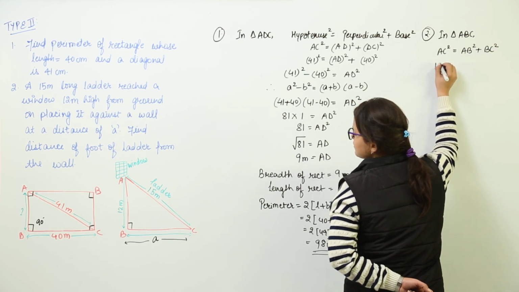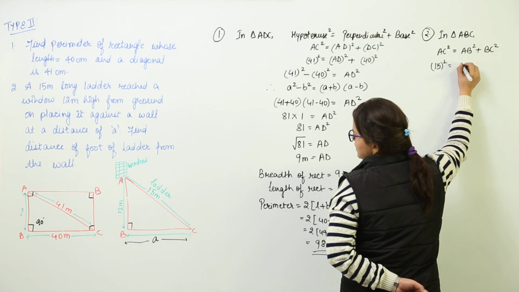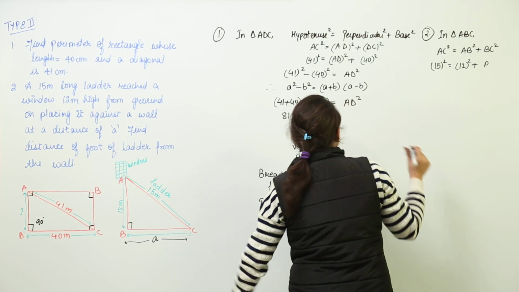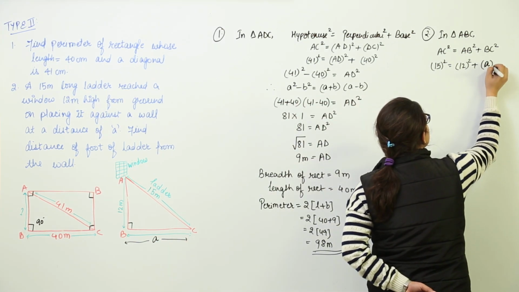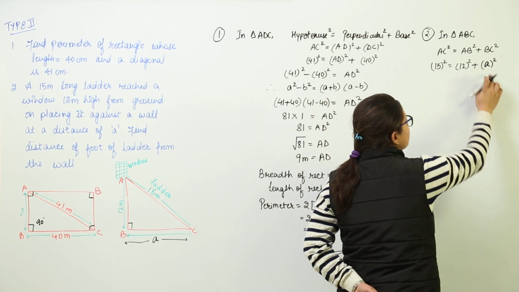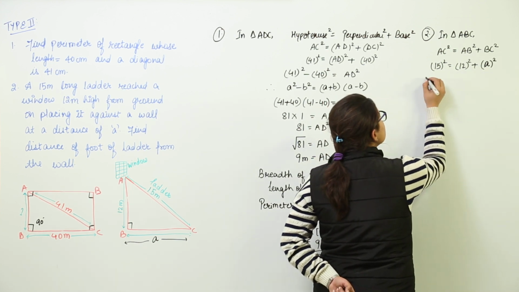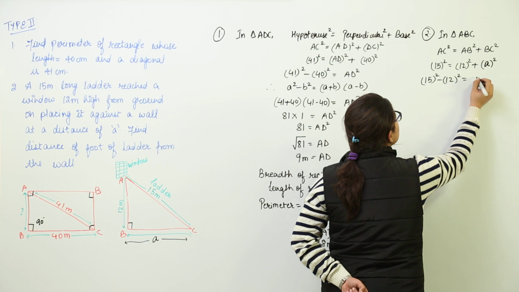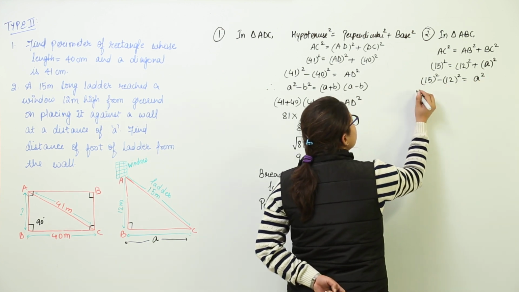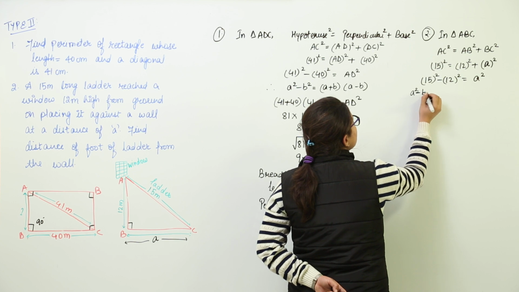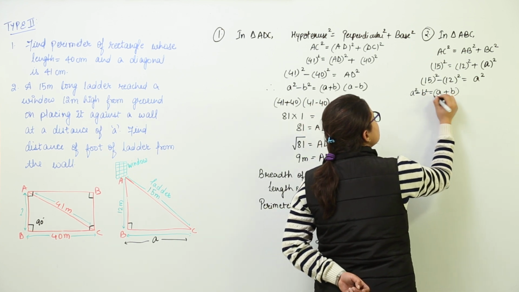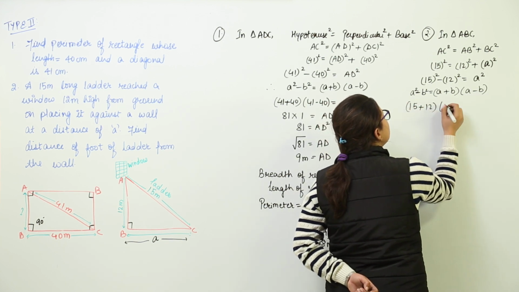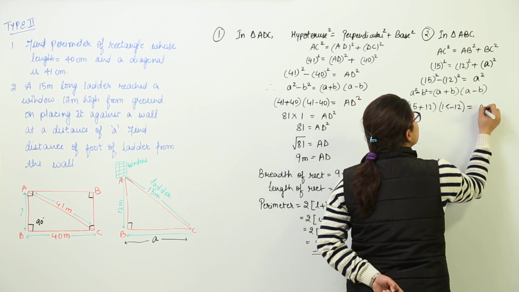As per this, AC is given to us as 15 square, AB is given as 12 square. We are to find BC, and BC's measurement is also given to us as A. So we write this as A square. So basically we have to find the value of A only. So on solving this, we would get 15 square, we transpose this to the other side, minus 12 square is equal to A square. So again applying this property that we have done, A square minus B square, which will be equal to A plus B and A minus B. Here we get 15 plus 12 multiplied with 15 minus 12, giving us A square.